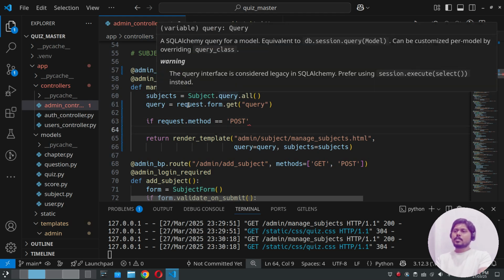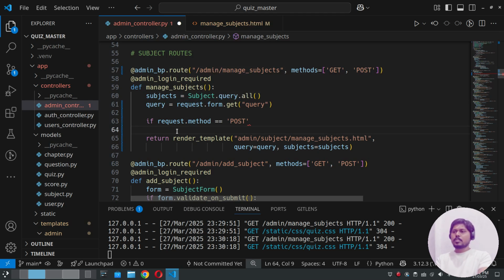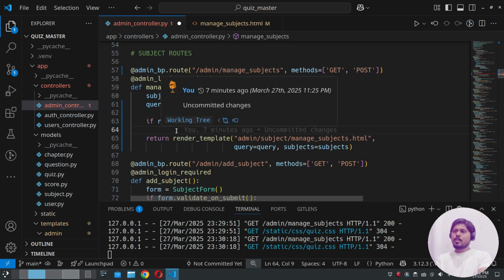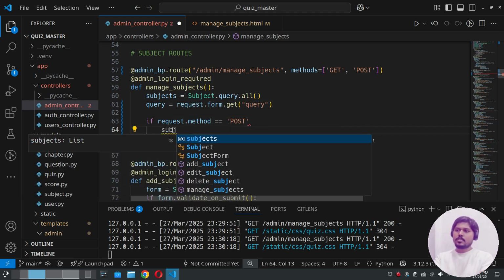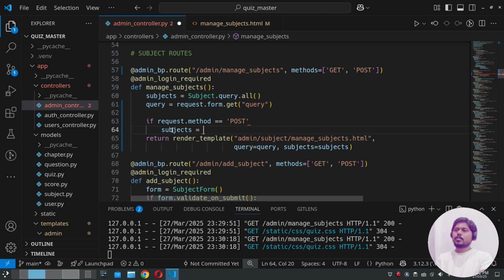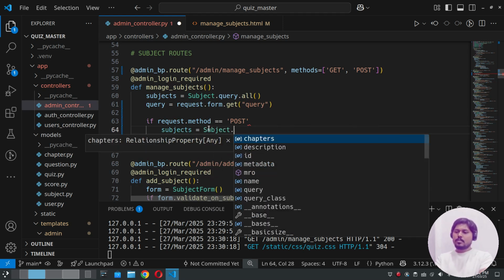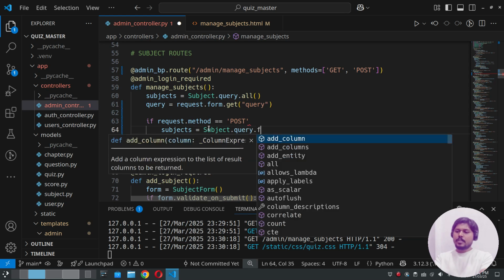when we go to the manage subject, it will be a get request and it will list all the subjects. But when the form is submitted, the request will be post. And when the request is post, what we have to do is filter, or search the subjects using the query. Okay, so how will we find it? We have to use subject dot query dot filter,